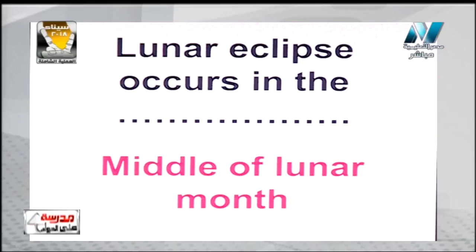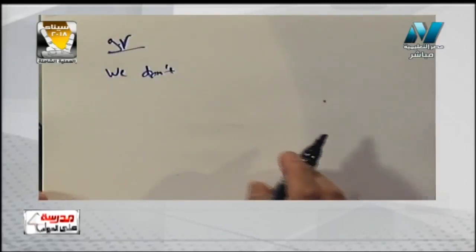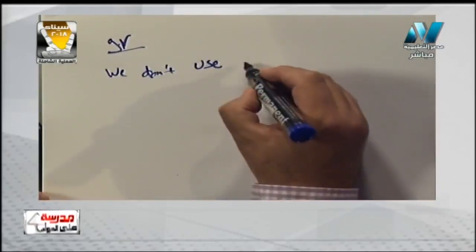So lunar eclipse occurs at night, so we don't need to use special glasses to observe it. Lunar eclipse is not dangerous at all. It is a very beautiful and interesting phenomenon, and we can see it very simply and easily without any special equipment or special glasses, because it doesn't harm the eye. So here I have another give reason question. The question says give reason. Let us write this question. Give reason. We don't use special